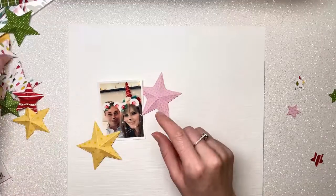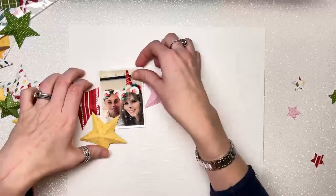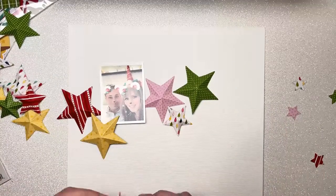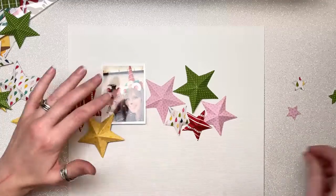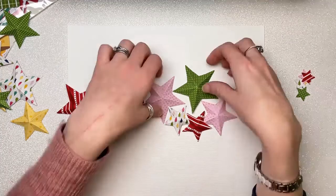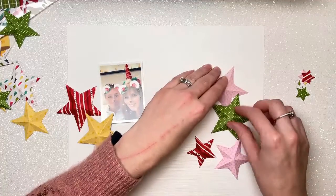So I spent some time before I turned the video on cutting out stars from different papers in this collection, and then I've cut them in different sizes as well. So I have some big ones and some smaller ones. I have about 3 different sizes of each colour. So I've gone for the spotty green, I've gone for the yellow with stars, I've gone for the white with Christmas trees,